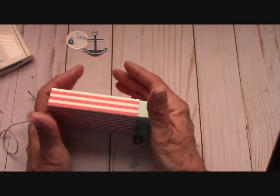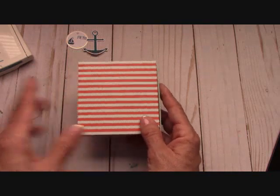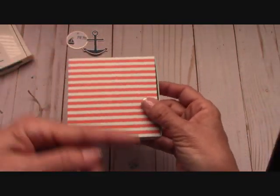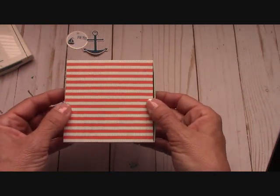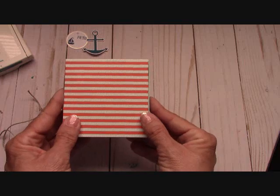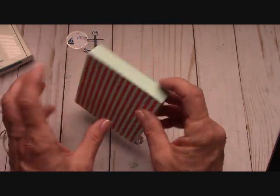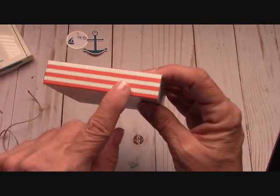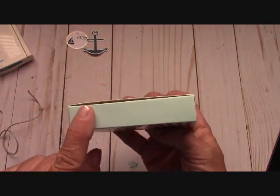Just like that. Okay? Now, you want this to slide in and out, but you want your twine to wrap around so that you don't have to untie it each and every time you would go for a card. So you will wrap your twine around where the striped belly band is, not where the light blue is,